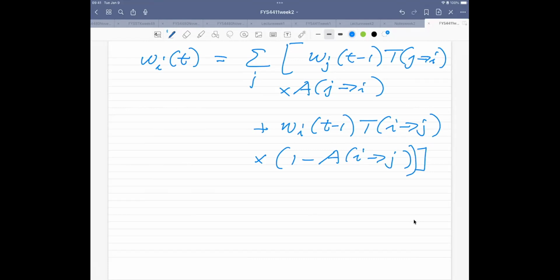So this is just a rewrite of the equation where I'm just manipulating probability. So this is the probability of making the transition from J to I. But then there's also the probability of going from I to J, but this has to be multiplied with rejecting it. So when we reach equilibrium, the steady state or equilibrium or the most likely state of the system,